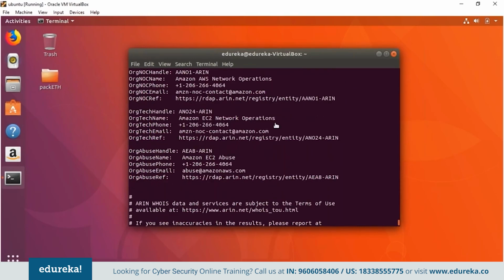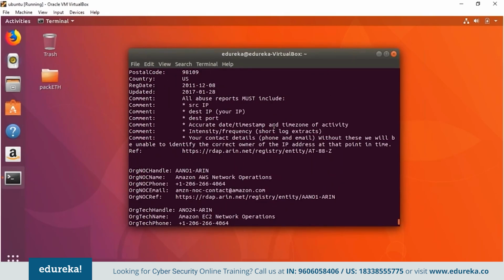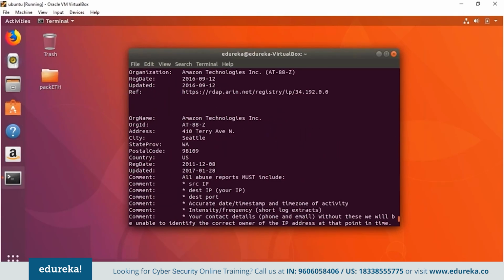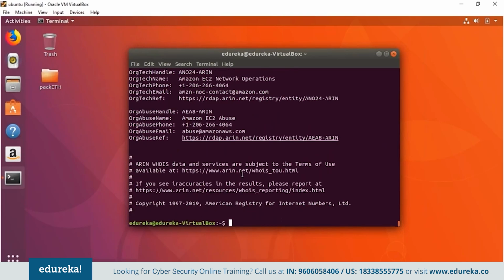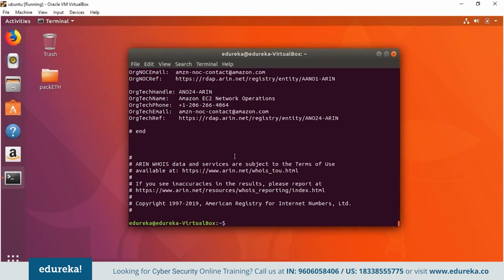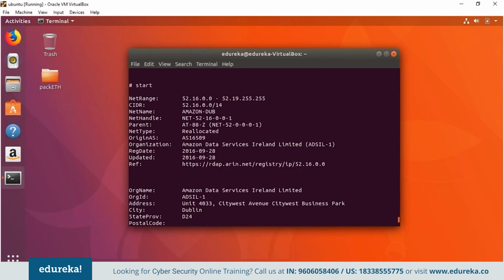Now, this doesn't seem to have a very big network range, unlike something like Netflix. So suppose we were to do something like host netflix.com and see. Now we have a bunch of IP addresses. So suppose we were to do whois 52.19.40.147. Now I'm expecting Netflix to be a much larger company, and yeah, now we get